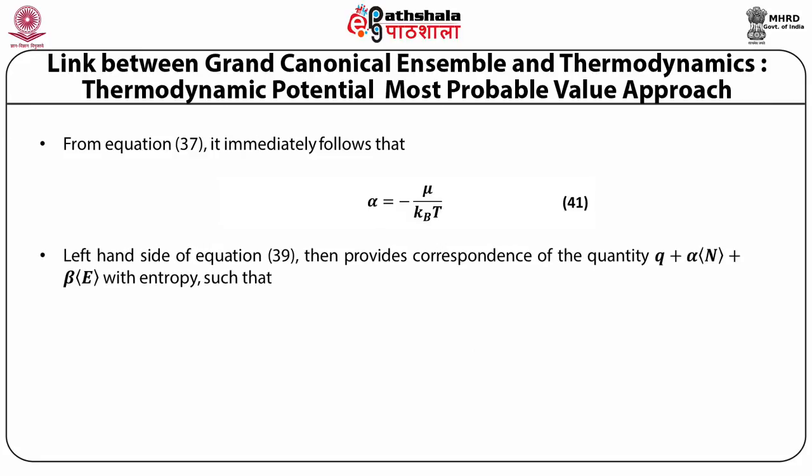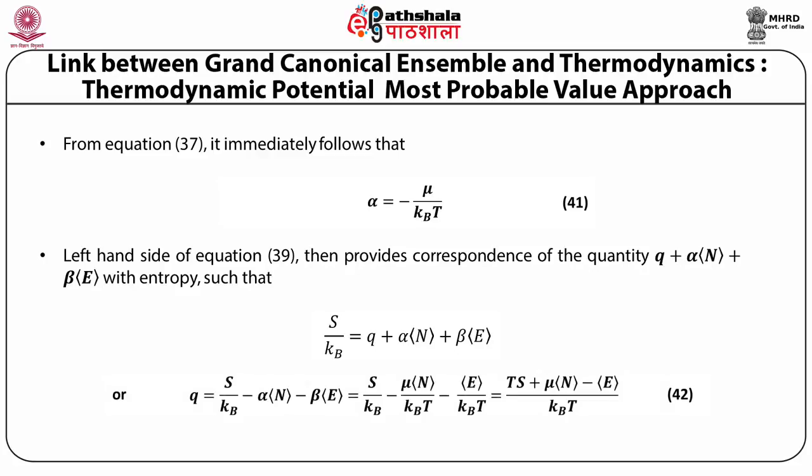The left-hand side of equation 39 then provides correspondence of the quantity Q plus alpha multiplied by the mean value of the number of particles plus beta multiplied by the mean value of energy with entropy, such that S upon kB is equal to Q potential plus alpha times the mean value of the number of particles plus beta times the mean value of energy, or Q is equal to S upon kB minus alpha N minus beta E,